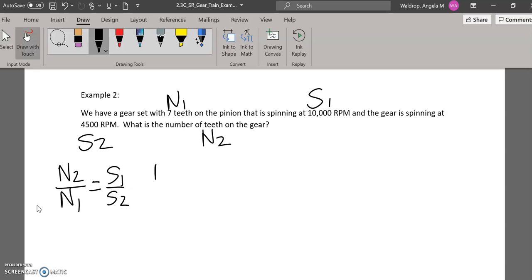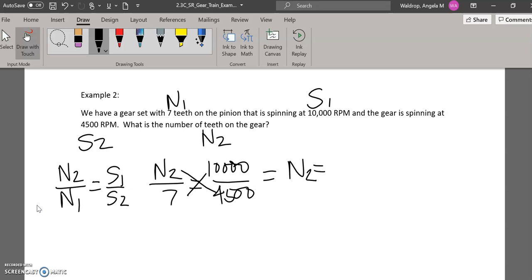If I substitute the numbers in, I'll have N2 over 7, and then 10,000 over 4,500. If I go through and do my cross multiplication and solving, N2 equals 10,000 times 7 over 4,500, and I'm going to get